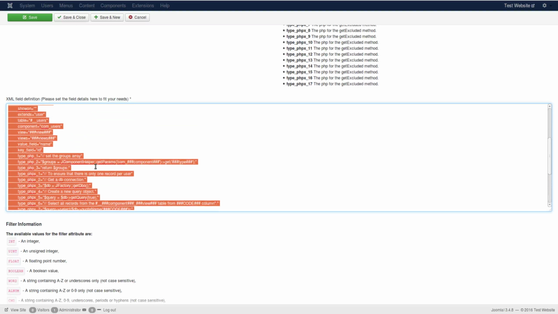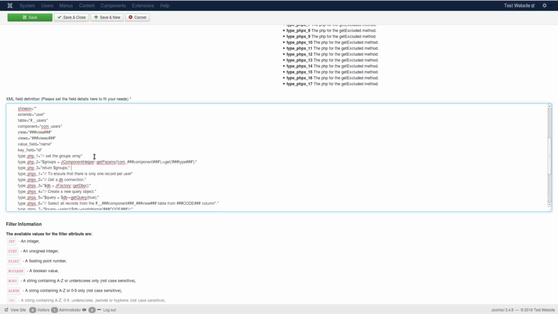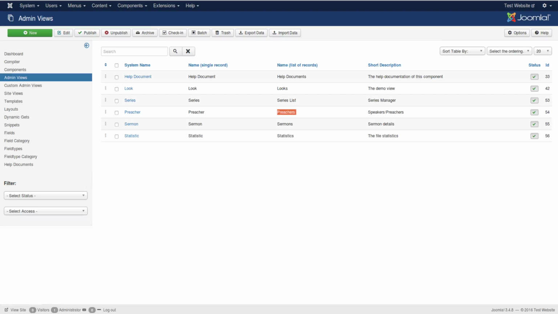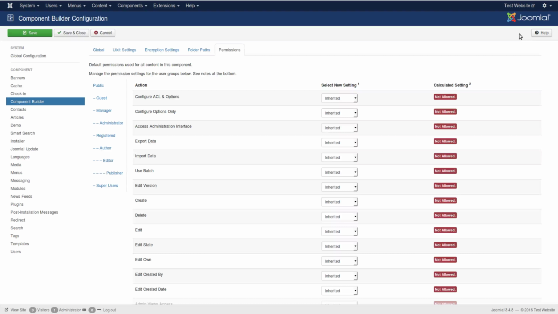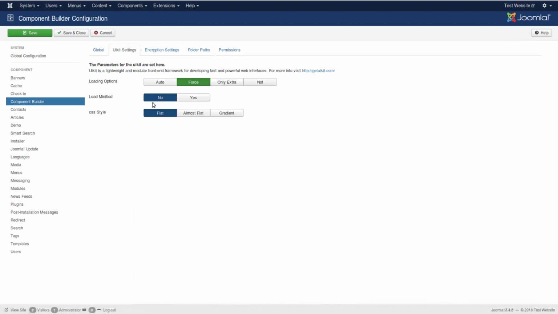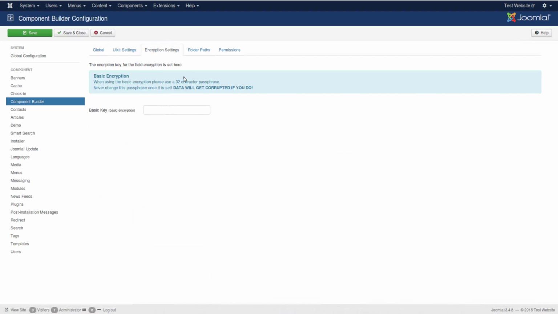The only part that you might want to consider removing would be the PHP, this part here. Basically what this part does is it limits the user list to only a certain group. That means, again, you need to set up a global value in your component field. In your now global, remember we talked about that previously, is basically the options button. If you click on options, it opens a place which you set global. These are all global values. This is an area for global